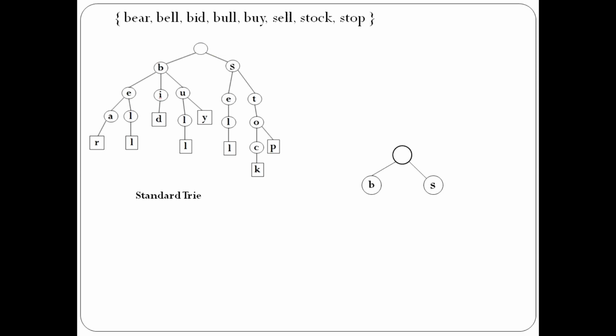If we consider this given example, here the node E has 2 children, so we keep the node E as it is. But if we consider A, then A has only a single child, that is R. So we have to compress it, which means we merge it into a single node. So A and R are compressed into a single node and represented by AR. Similarly, if we consider L, this L has only a single child, that is this L. So both Ls are compressed into a single node, represented as double L. Here, if we consider I, the I has a single child, that is D.